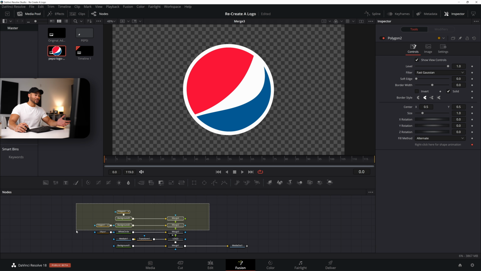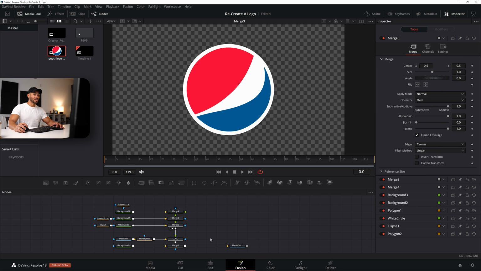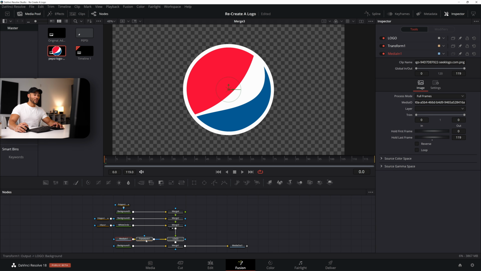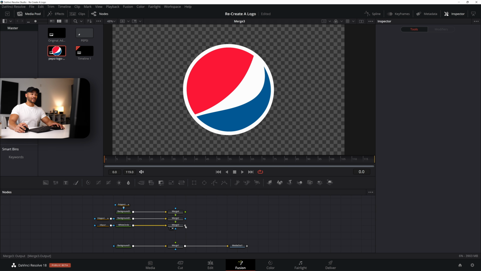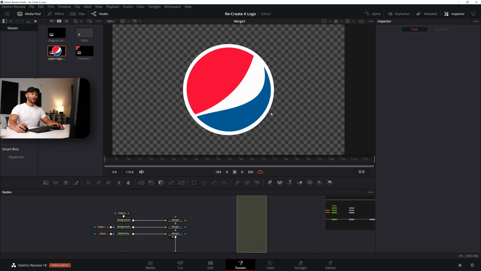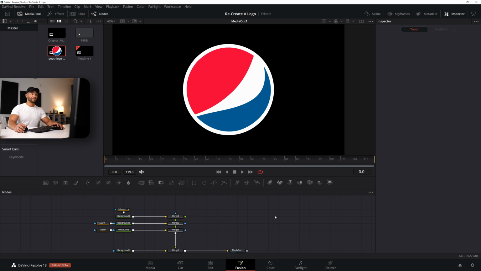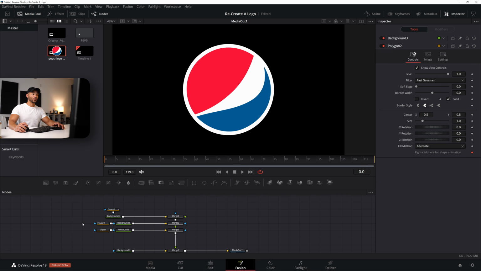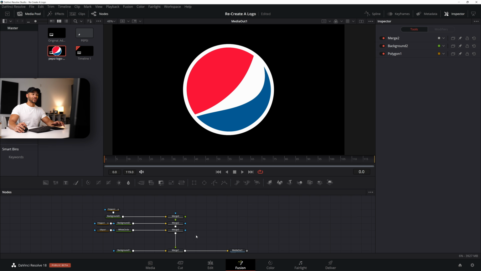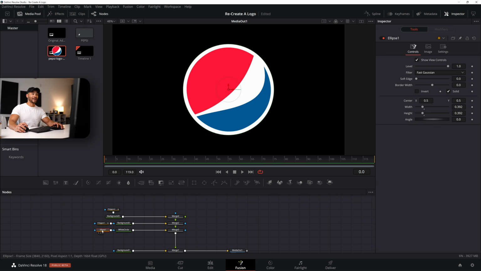And then from here, what I would do if I were to use this logo, I would just go ahead and grab our logo with the transform and the merge, and you just go ahead and delete that, reconnect this to our background. Whoops. And then now if I preview our media out, boom, we have our logo, and we have full control over the blue shape here. We have full control over the red shape,